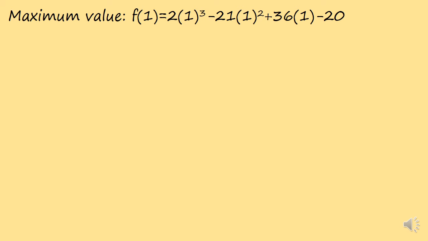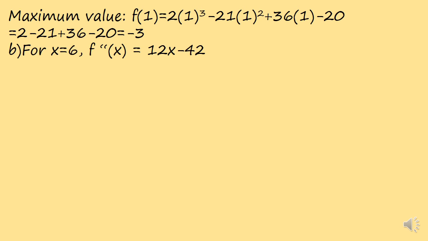So in f(x), that is in the question, which is 2x cube minus 21x square plus 36x minus 20, we put x is equal to 1 because we got 1 as the maximum. f has a maximum at x is equal to 1. So we put x is equal to 1 in the question part to get the maximum value, which turns out to be like this. That is, by solving this particular part of the sum, we get the answer as minus 3.